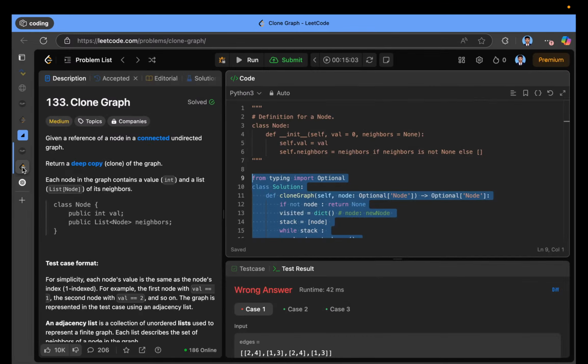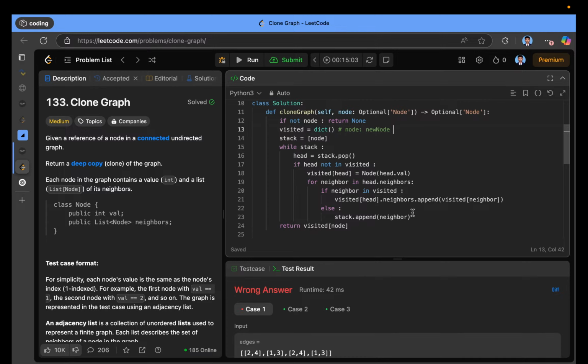Now I got it. Now I got the problem: while I'm appending the neighbor, I have appended it, but I haven't added this neighbor in the head. So it means I have to make